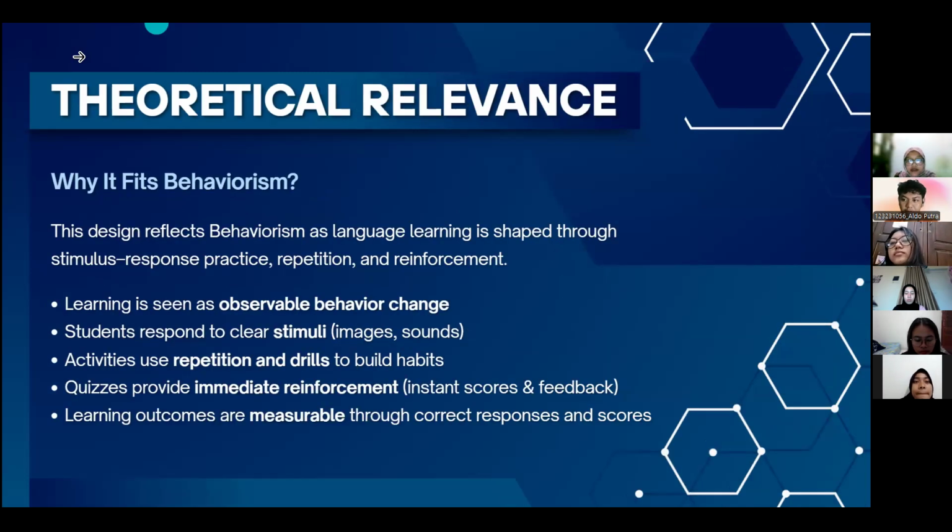My name is Sheila Mitayu Anjani with the last three digits 061. In this slide, we show the theoretical relevance of our module to behaviorism. Behaviorism views learning as observable behavior change, and in our module, students' learning is shown through correct answers and measurable scores.